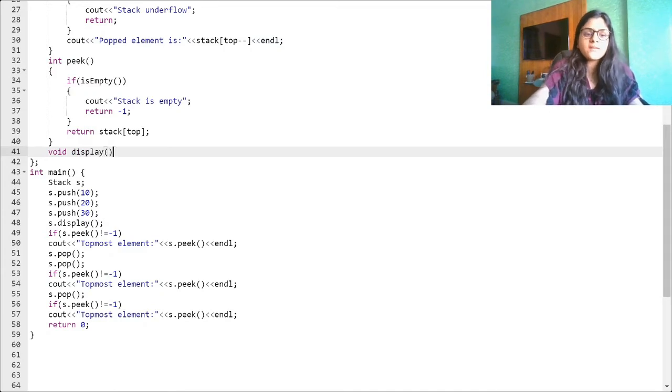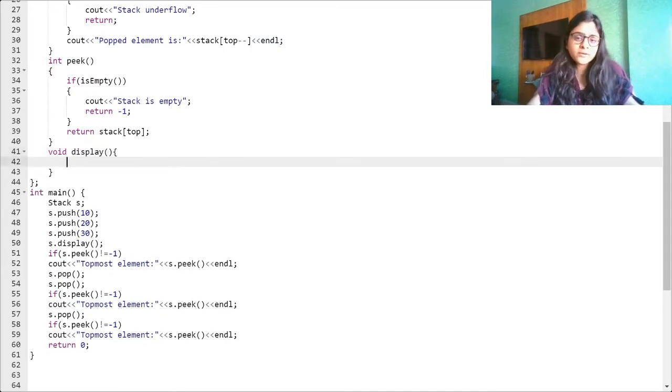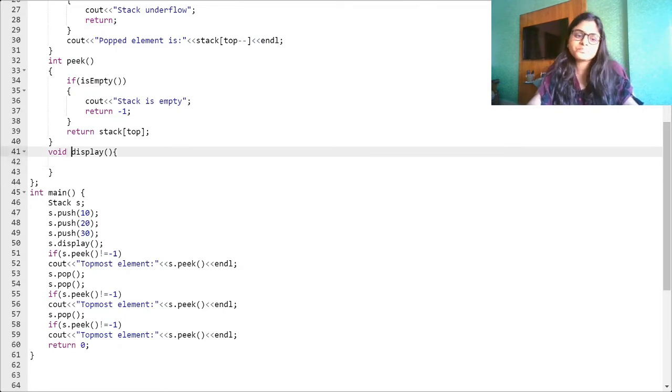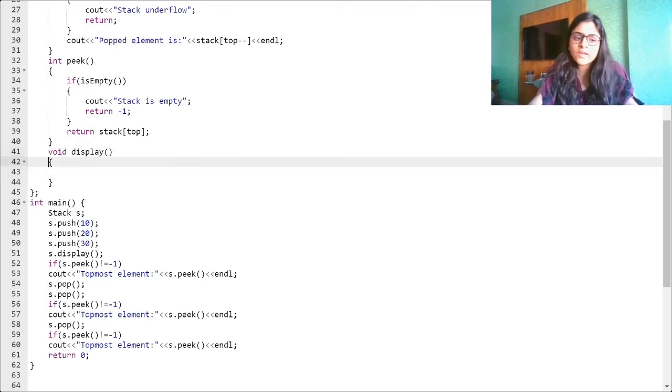So one thing I'd like to point out here is, if you go to the internet and find this display method, a lot of places you will find that they're just printing it using a for loop, which, if you think about it, is fine to do, because this is an array and we can do that.